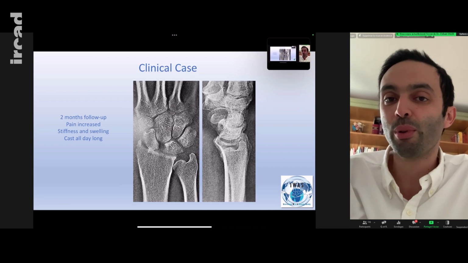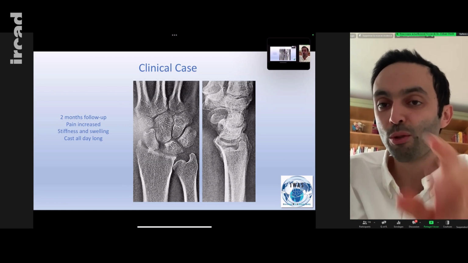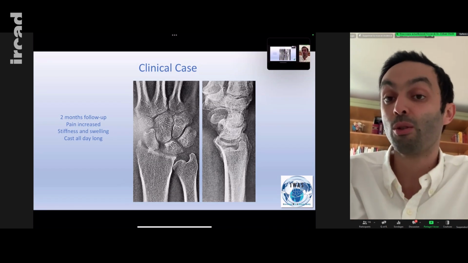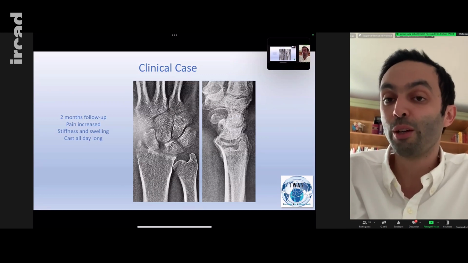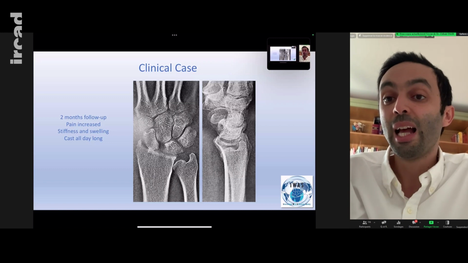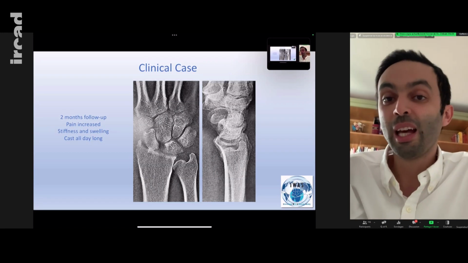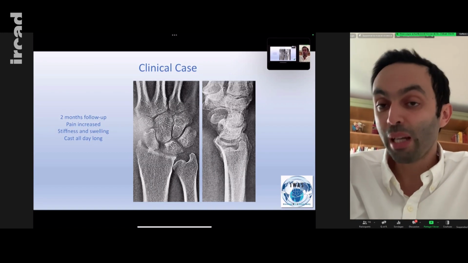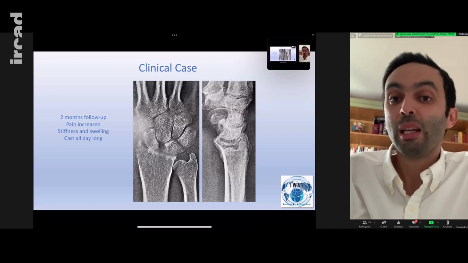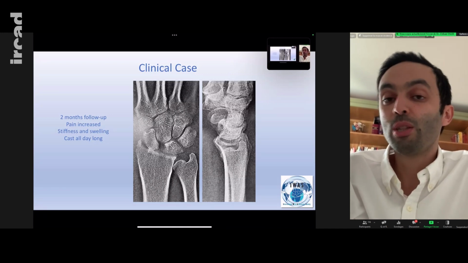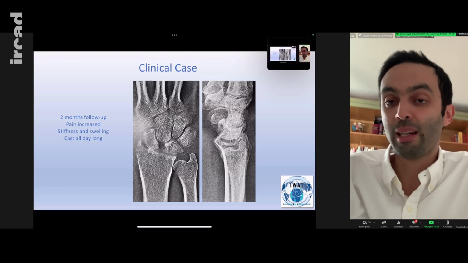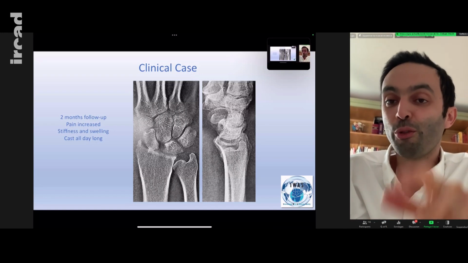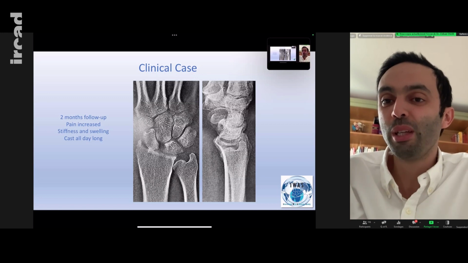2 months follow-up after the surgery. So I tried to remove only what I saw as osteoarthritis, I mean, on the scaphoidal aspect of the radius. And the guy came to me, and he was painful. The pain increased. He was stiff. The wrist was swelling, and he wore the cast all day long. So my question, of course, for the young panel would be: